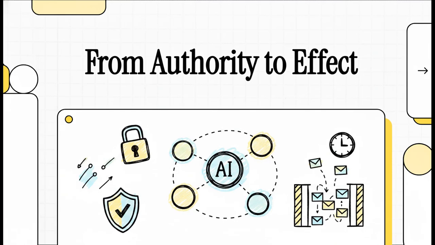Welcome to The Explainer. Today, we're tackling a massive, fundamental shift that's happening right now in enterprise tech. We're diving into Empower ID's 2026 technical architecture paper, which is titled From Authority to Effect. And look, this isn't some distant sci-fi vision of the year 2035. What we're looking at is a highly practical 24-month roadmap for how we're actually going to govern autonomous AI agents